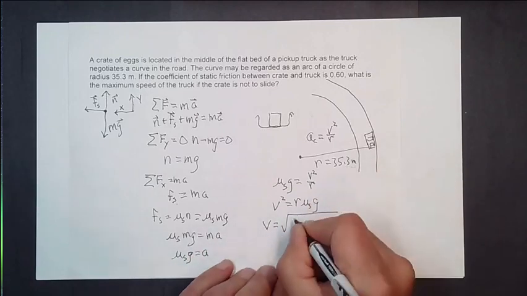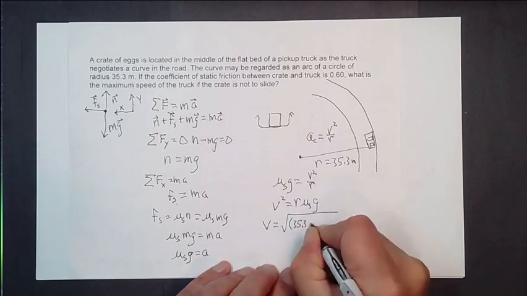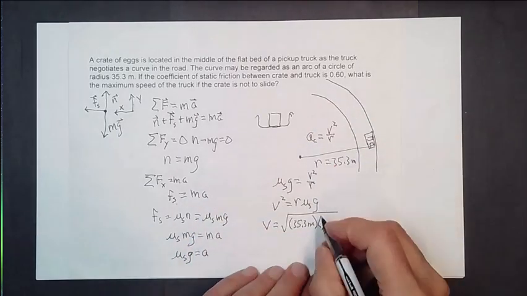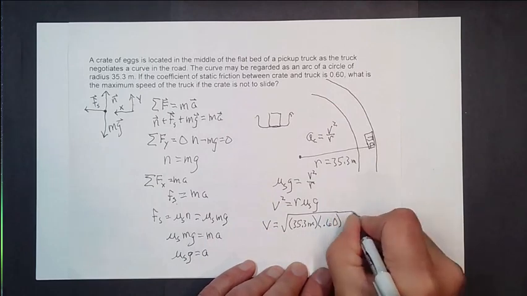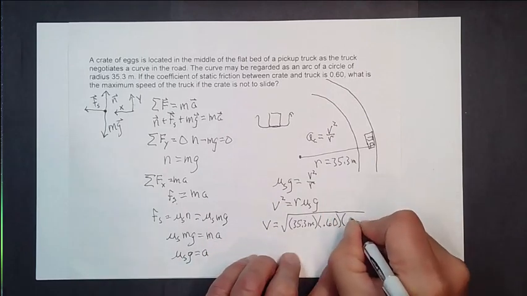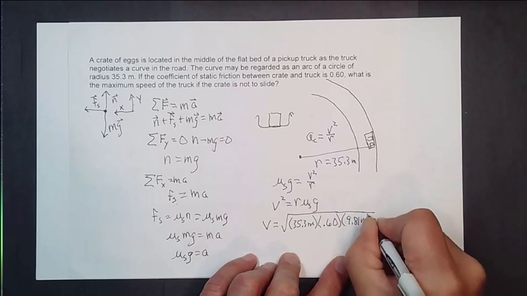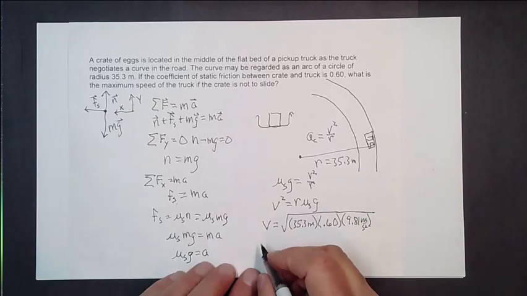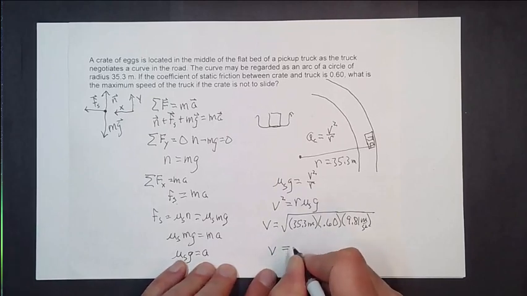R is 35.3 meters, times mu sub s, which is 0.60, times g, 9.81 meters per second squared. And I know I've only got 2 sig figs, but force of habit. Multiply all those together, and you would end up with v equaling about